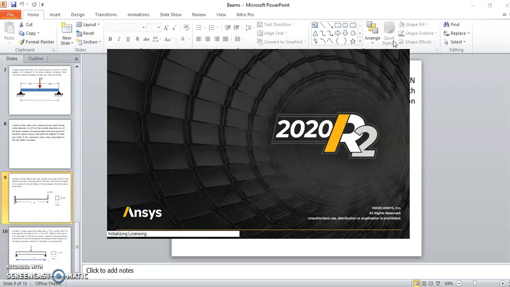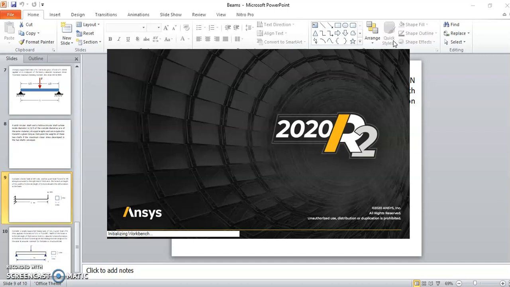Again, the cross section for the beam is square with a width of 0.35 meter and a height of 0.35 meter. And they have asked how to calculate the deformation that will be developed in this particular beam by using the ANSYS workbench. So your practical number one is related to the deflection analysis in a cantilever beam, that we are going to discuss today.